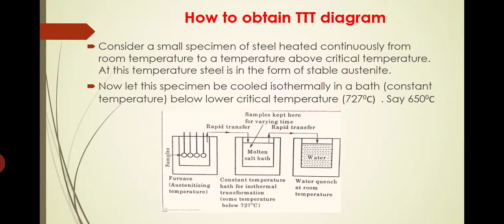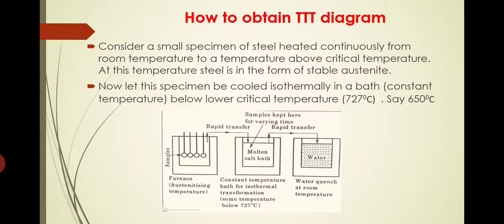Isothermal bath means constant temperature. So we are allowing that heated specimen to cool by putting it into an isothermal bath. Isothermal bath means a constant temperature bath below the critical temperature. So usually the bath temperature will be less than the lower critical temperature, that is 727 or 725. In some texts it is given as 725 degrees Celsius for steel, in some it is 727, whatever it may be. So always the bath temperature at which we are cooling it is kept below the lower critical temperature, that is less than 727